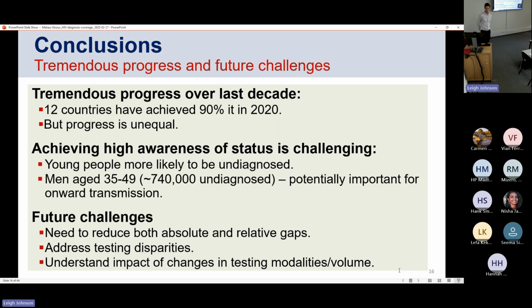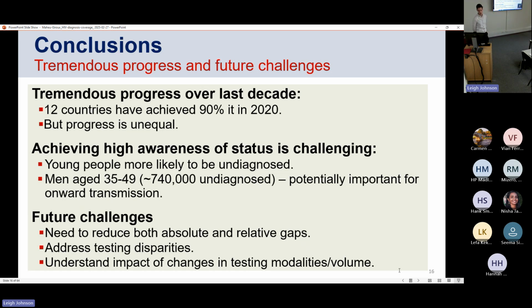So in conclusion, for this analysis, we found that in 2020, 12 countries achieved the first 90, but progress was unequal. There was no country that reached the first 90 at that time for all age and sex categories. Young people were more likely to be undiagnosed. I've talked about men aged 35 to 49. A lot of them are undiagnosed and by definition not virally suppressed. And often these men could have sexual contacts with women of a younger age group, so that contributes